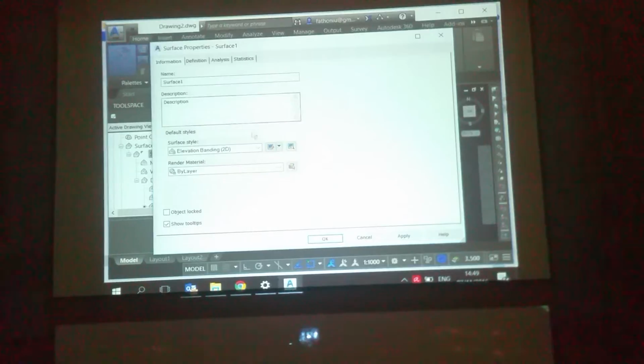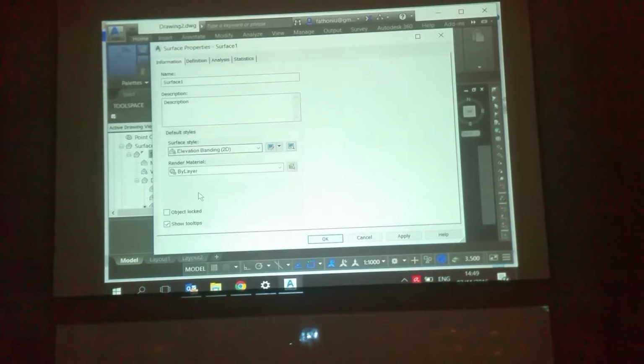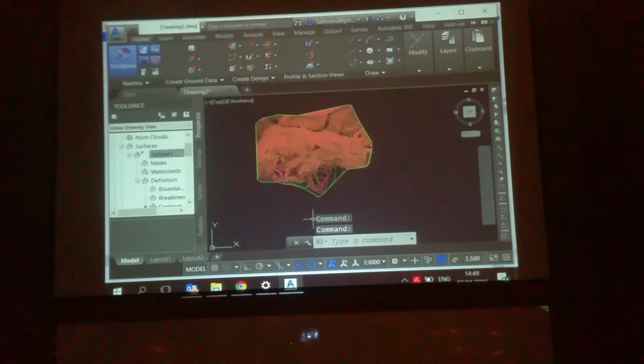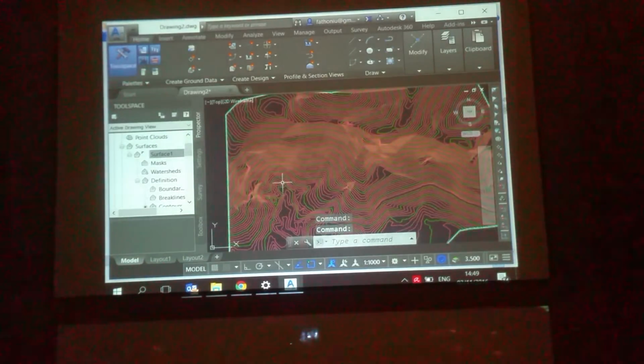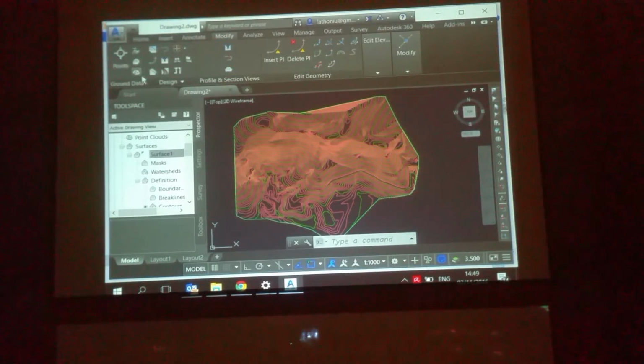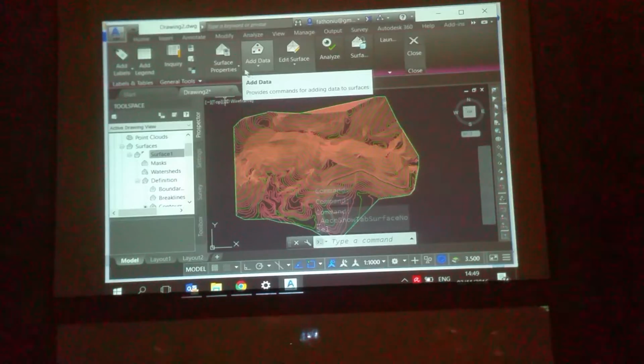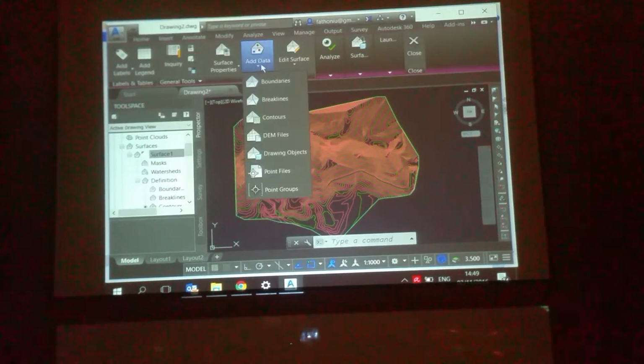Surface properties here. I change it back to the original, and then the good thing, we can modify. That's my surface here, and then surface properties.